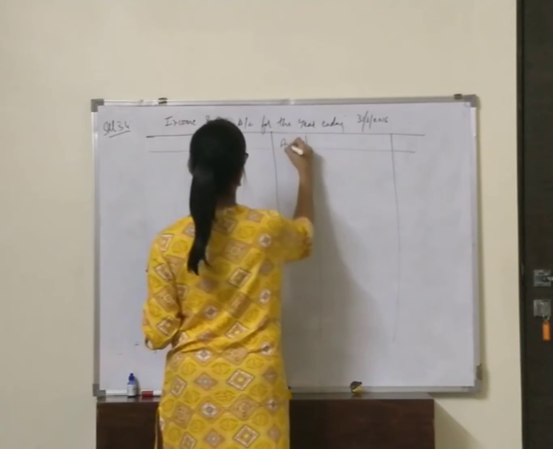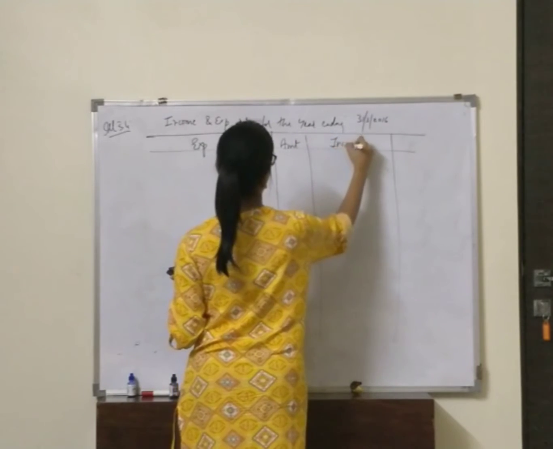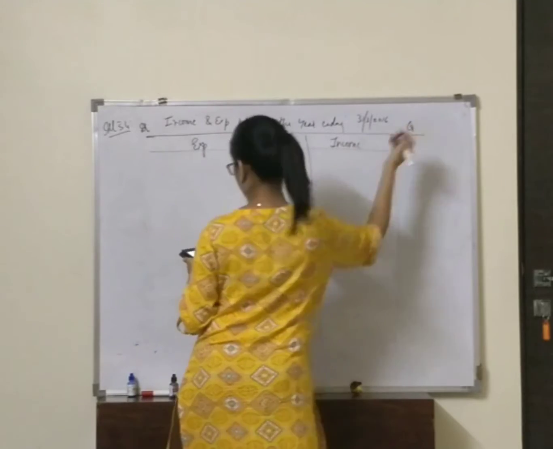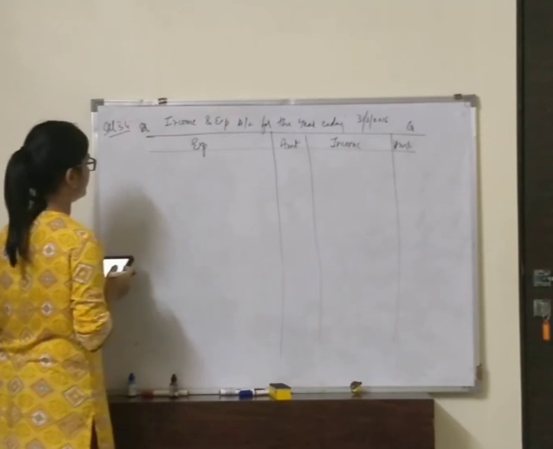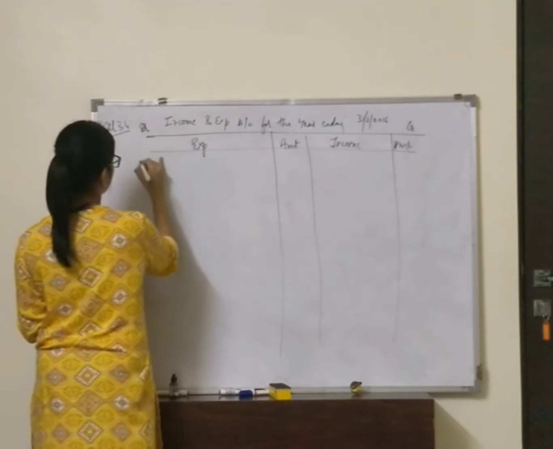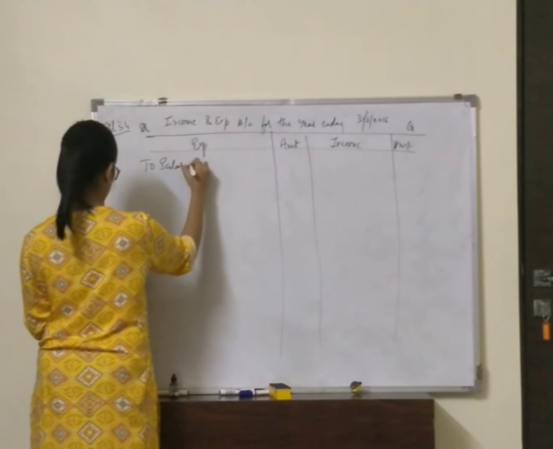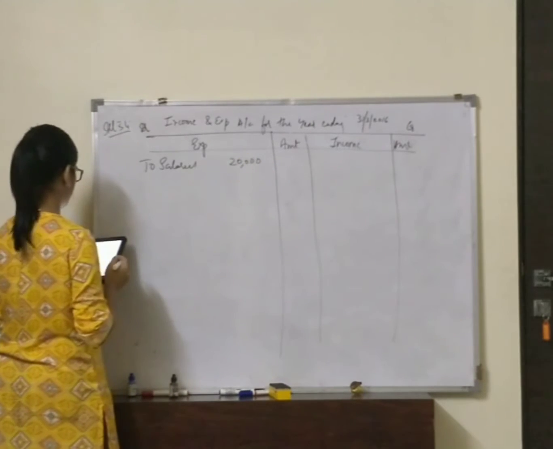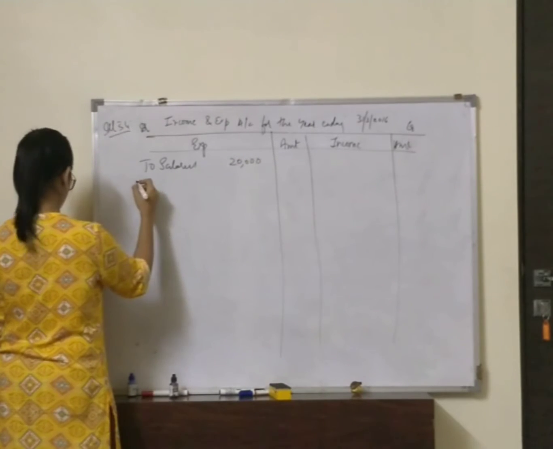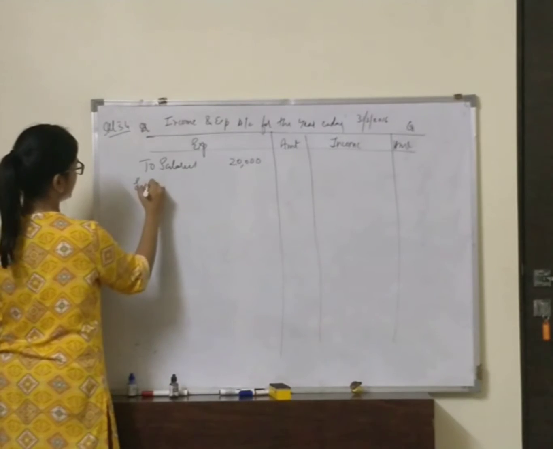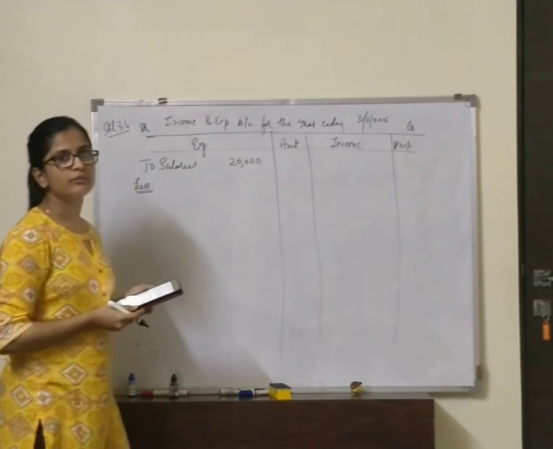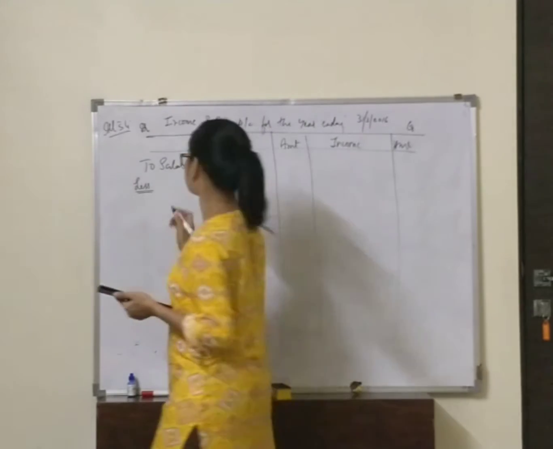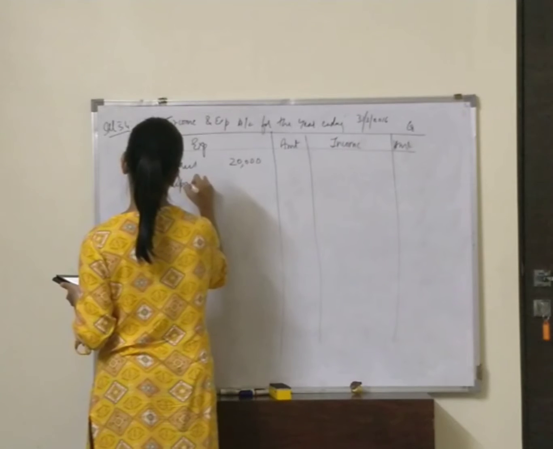Expenditure amount, income amount, debit side, credit side. So let's go on to the payment side in receipt and payment account. First thing we have is to salaries, 20,000. Then we have adjustment point number C, prepaid salary. So we need to deduct our prepaid salary. Why? Because for the next year we have prepaid it this year. So deduct prepaid salary